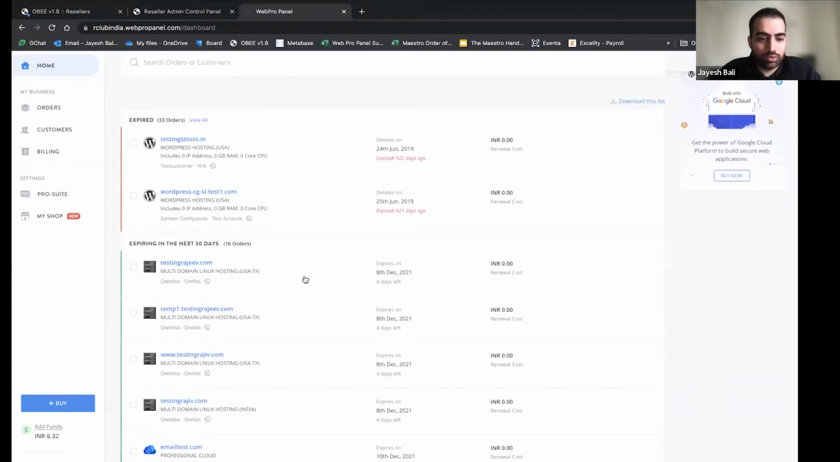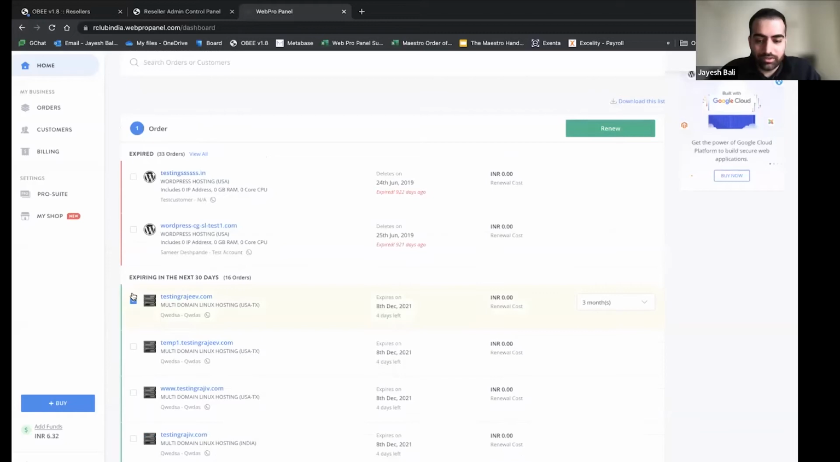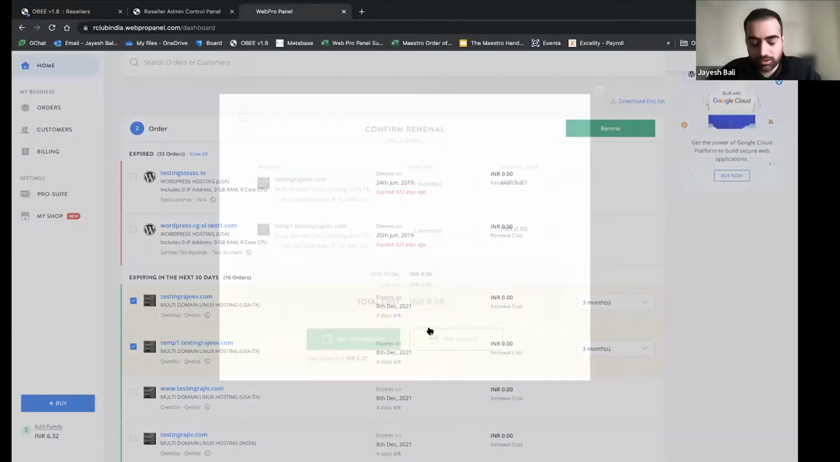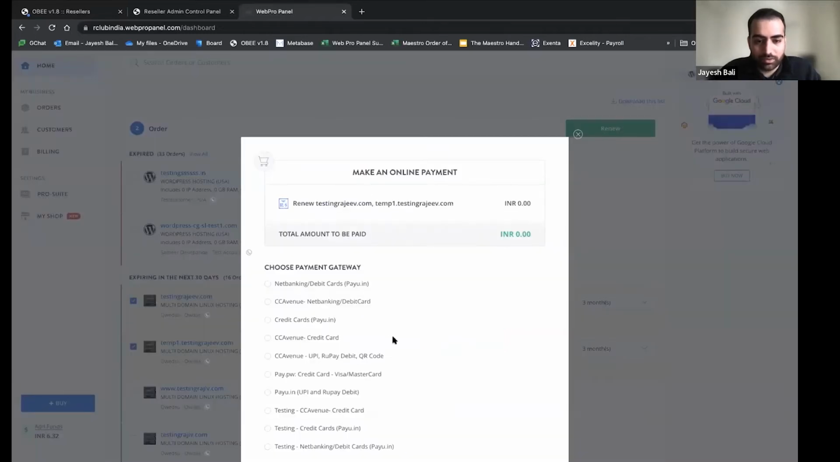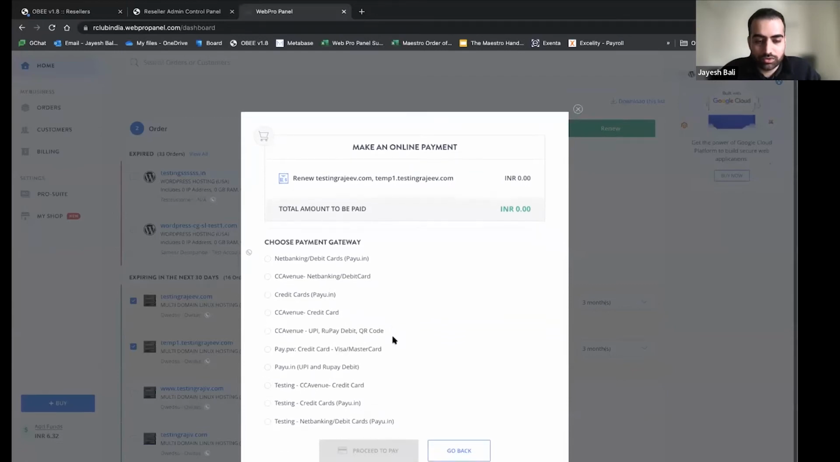So in case you want to quickly renew these orders, you can do a quick check here and hit renew, and you can either pay with wallet or on the WebPro panel, we've also added the option of paying on the go. So in case you don't have sufficient funds in the wallet and you want to pay on the go, you can hit pay online. There'll be options available here. You can choose whichever gateway you prefer, and then